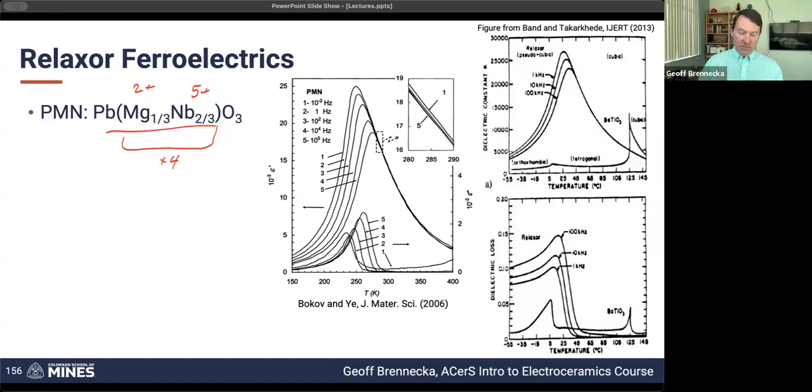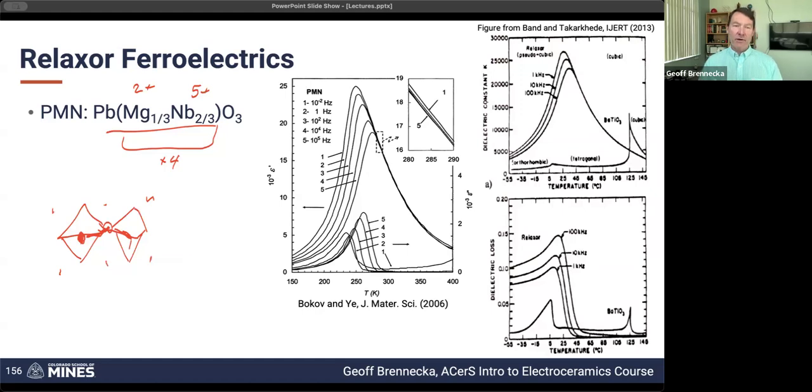So if you can imagine, you've got this tetrahedral site, and if you've got magnesium in one of them, and the next one over is niobium, the way that they're interacting with the 6 oxygens surrounding each of them. So this cation's bond with that oxygen is going to impact the way that oxygen bonds with the next one over, and the next one over, and the next one over. And because you have these very different sizes between the magnesium and the niobium, and very different charges between 2+ and 5+. And oh, by the way, we've got these huge lead